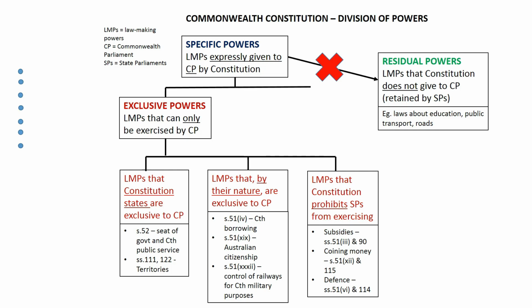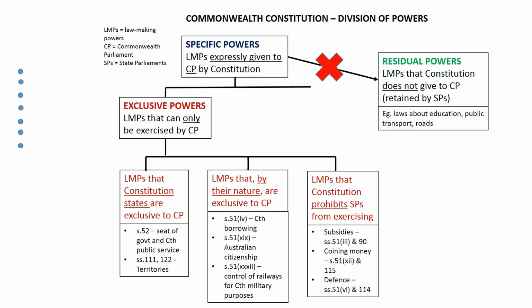Let's turn to the first of these. If we look at section 51(iii), that's III, you can see that this is a section under which the Commonwealth Parliament has the power to make laws about bounties. Now, bounty is just an old-fashioned way of referring to subsidies, which means that these are amounts which are paid by a government to someone who produces goods. So to encourage them to produce goods, the government will pay them money. That's what a bounty is, and we can see that section 51.3 gives the Commonwealth Parliament the power to make